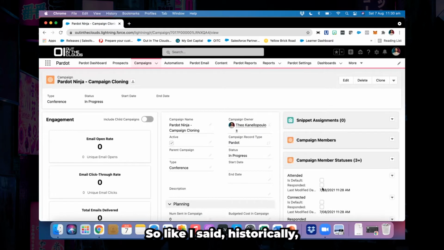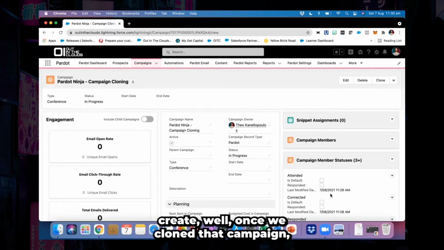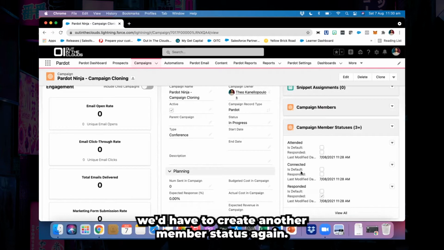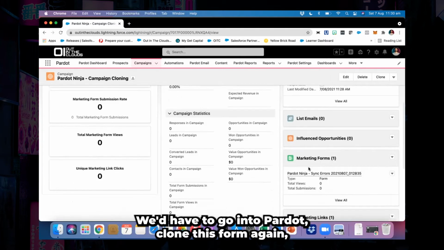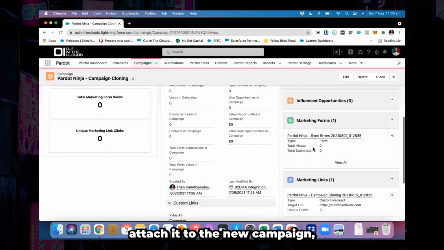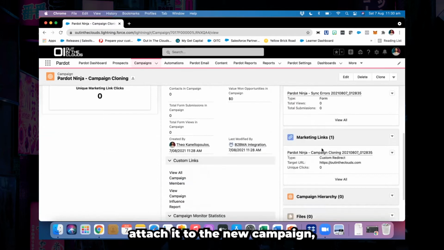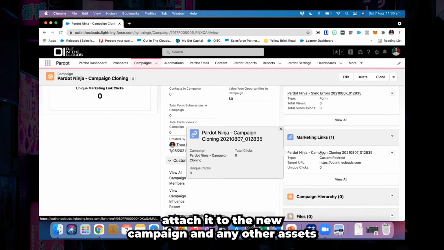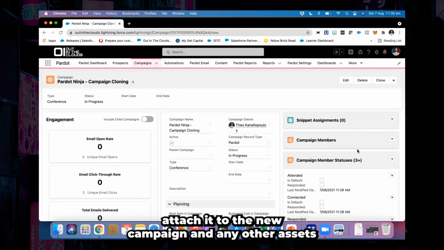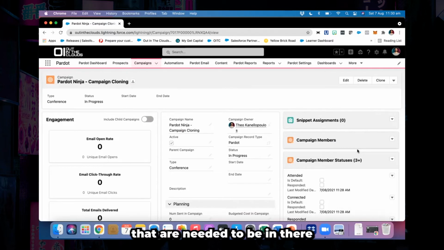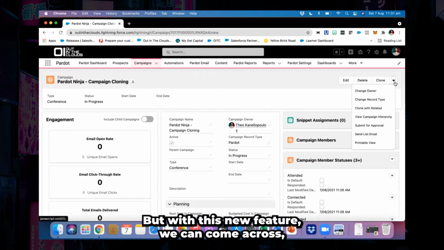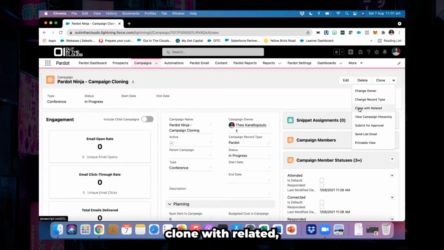So like I said, historically, if we just went and cloned this campaign, we'd then have to go into Pardot, and once we clone that campaign, we have to create another member status again. We have to go into Pardot, clone this form again, attach it to the new campaign, create a new custom redirect, attach it to the new campaign, and any other assets that needed to be in there would need to be done manually. But with this new feature, we can come across, clone with related,